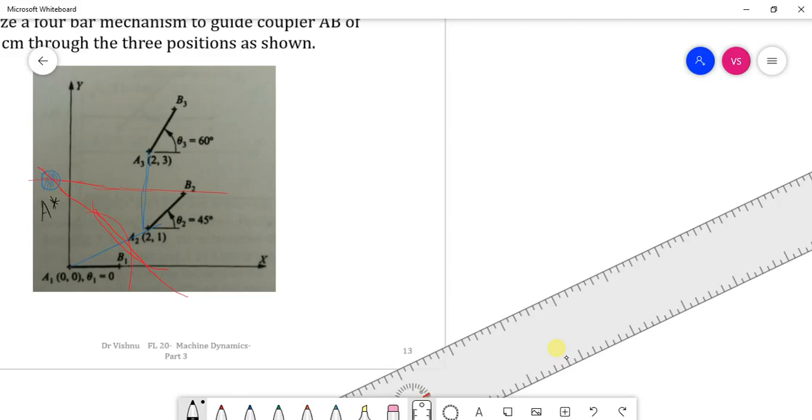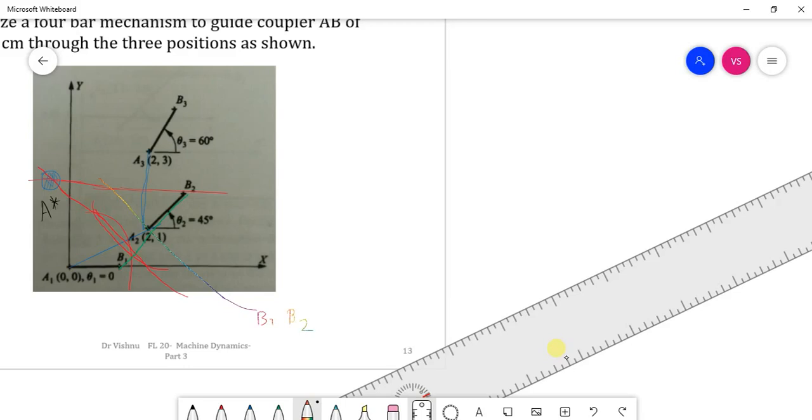Now repeat the same thing for B. That means connect B1 with B2. B1, B2 is the green line. Now draw the bisector as we did before. Let me use another color. Using the same procedure, first keep your compass here, take a radius more than half of it, draw an arc, and then take this point as the center, same radius, draw another arc. Where they meet, you will have a line like this. This is between B1, B2.